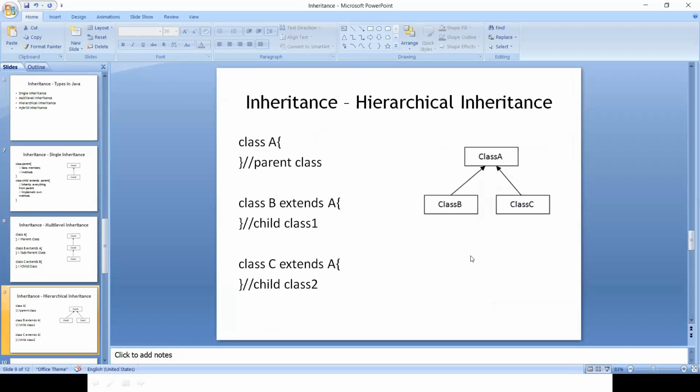In this case, we will have one parent class and there are two child classes that are trying to extend the single parent class. So as I said in the example before, database connection.java is the parent class, let's assume. There are two different requirements wherein we have student.java and employee.java, and we have to retrieve the student data in one class and the employee data in another class.